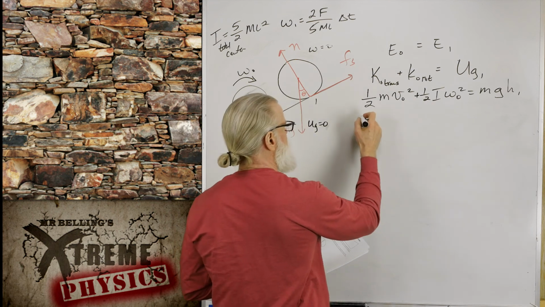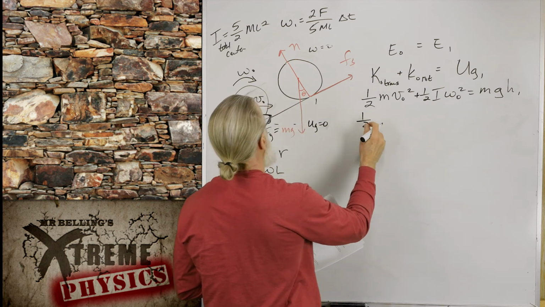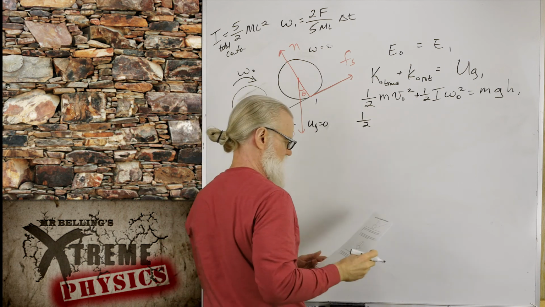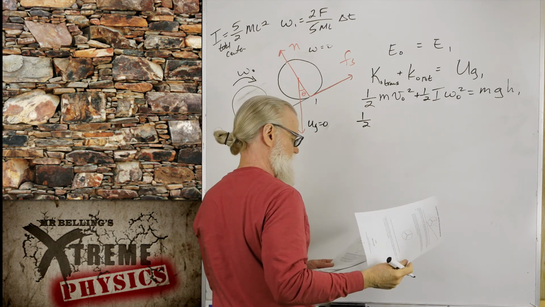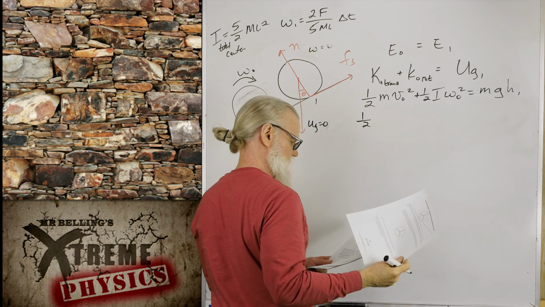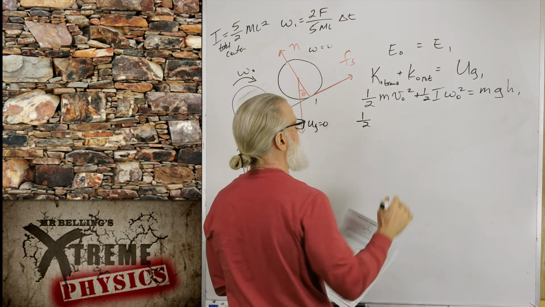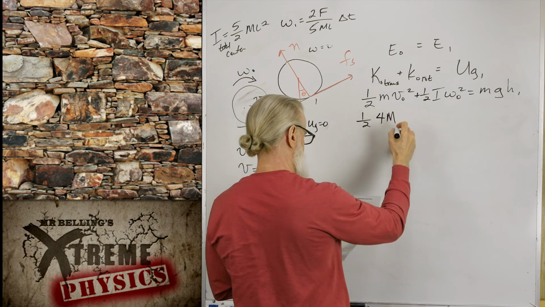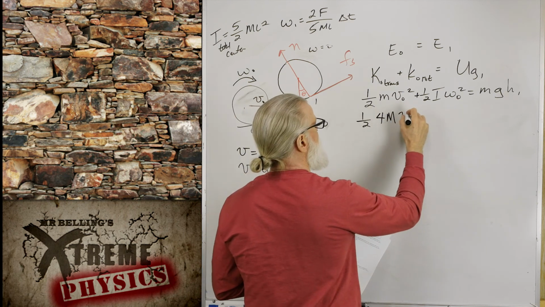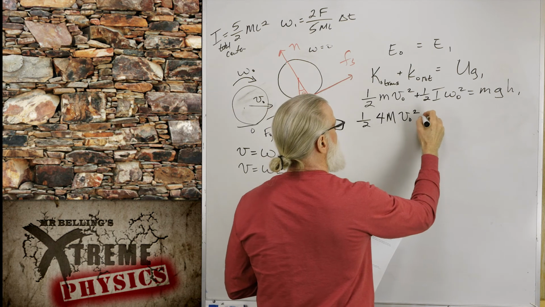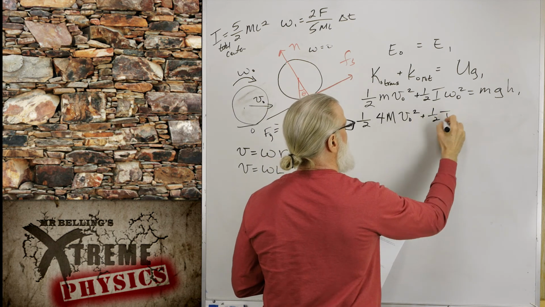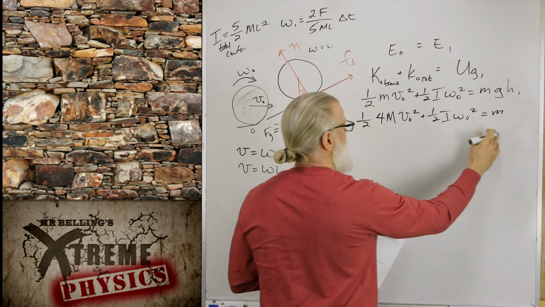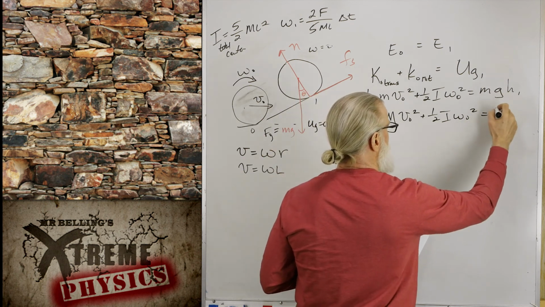Let's substitute in some specific values. The mass of this thing is, each one of those was mass M, right? Yeah, mass M, and the hoop was mass M. So is that 4M v0 squared plus 1/2 I omega 0 squared equals,